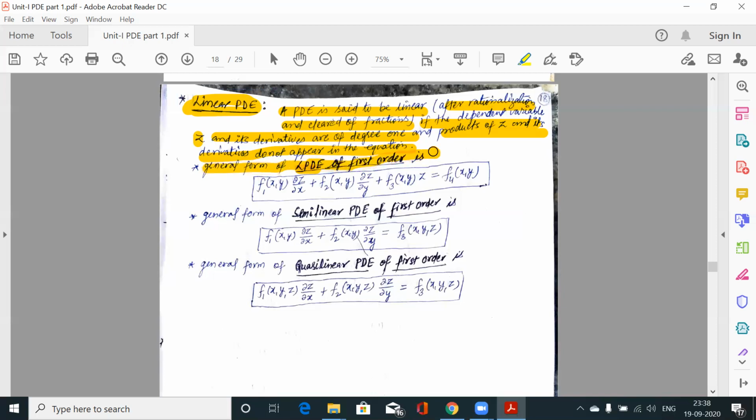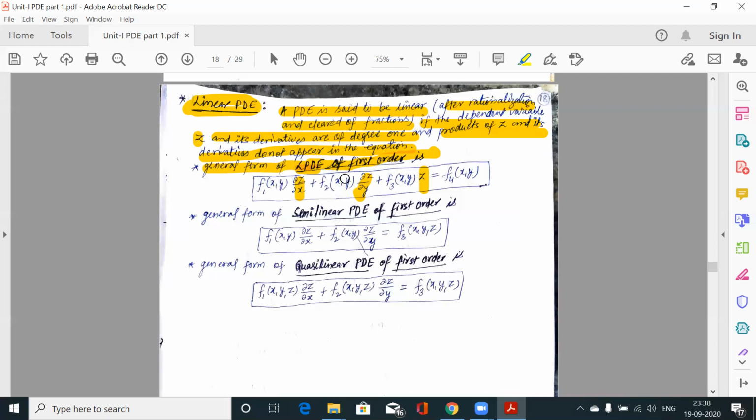Now what we are saying is that order is fixed and degree is fixed. It is a first order partial differential equation. It is a first degree partial differential equation. First order means we have the derivatives of first order only, meaning p and q, del z over del x, del z over del y. Next, it is linear also, means first degree PDE. That means these are separate terms. Del z over del x would be a separate term, del z over del y would be a separate term, and z would be a separate term.